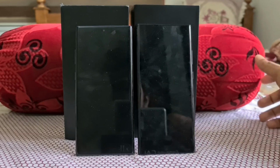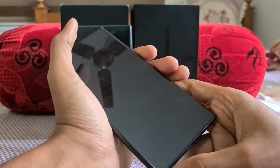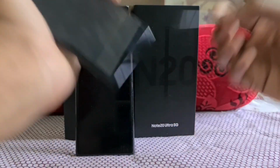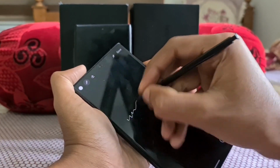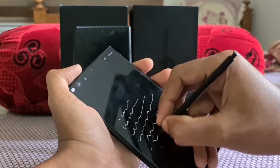So guys, let's start off with the S Pen itself. The Galaxy Note 20 Ultra has an S Pen which is very much improved compared to the Galaxy Note 10 Plus, because its latency is just 9 milliseconds. Oh, you can see the difference. It just flows